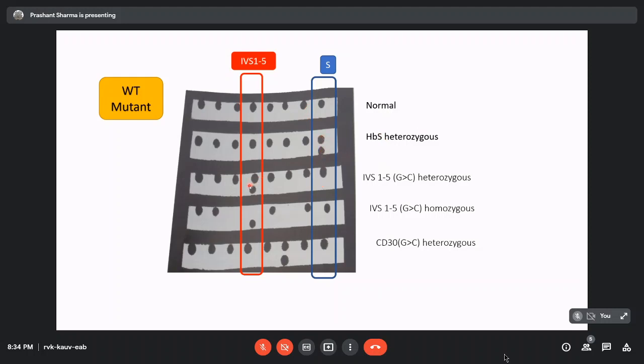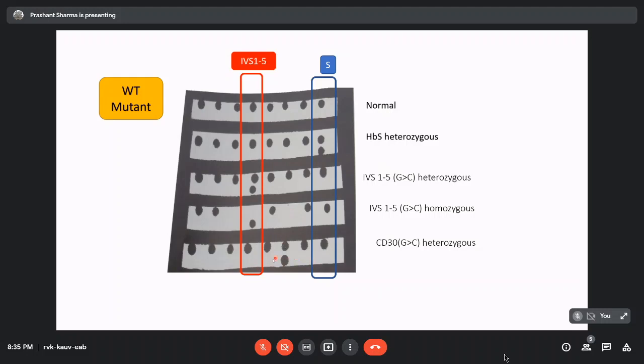This one is IVS15 heterozygous. Here what's happening is that IVS15 has amplified, but the wild type primer for IVS15 has not amplified. So this person is homozygous. You could ask me, why are these also missing? Is this a technical error? No, these are mutations which are very close to the IVS15. So we already know from our past experience with this reverse dot blot that whenever we get the IVS15, these spots are not going to come. So in a way, it's like a quality control.